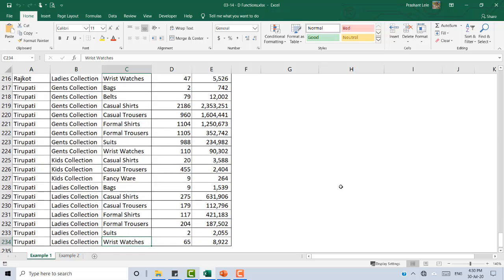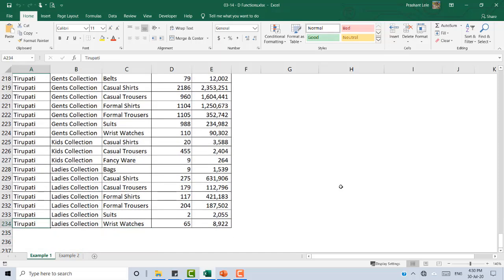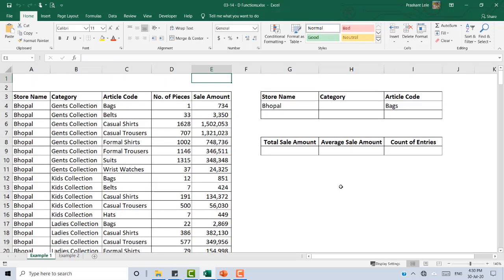Around 234 rows are there, and I have 3 text columns or attribute columns and 2 figures, numbers: number of pieces and sales amount. Article code, category and store name are my attribute columns.